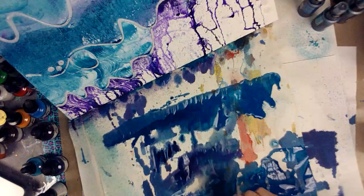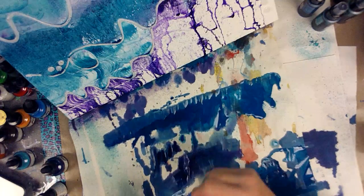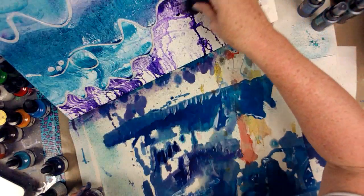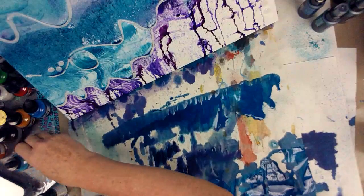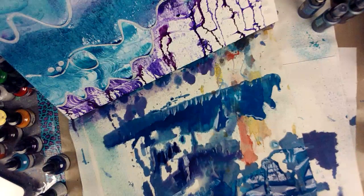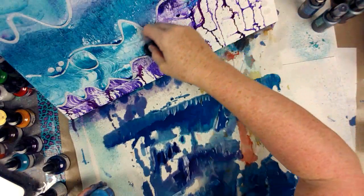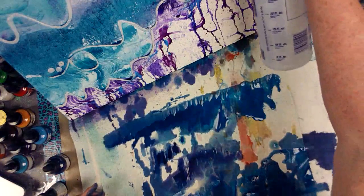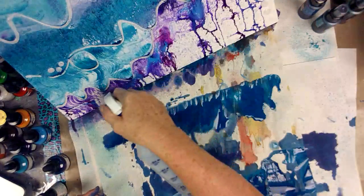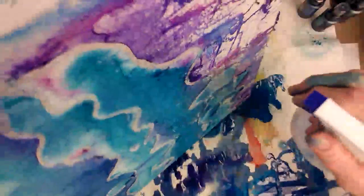All right. Let me throw... Let's see what this turns. I think this is more of a violet, or that's more of a blue purple. No clue what I'm doing at this point. Don't even care. I just want to make it look somewhat different. It might look too different. I might have to go back and patch it up, but